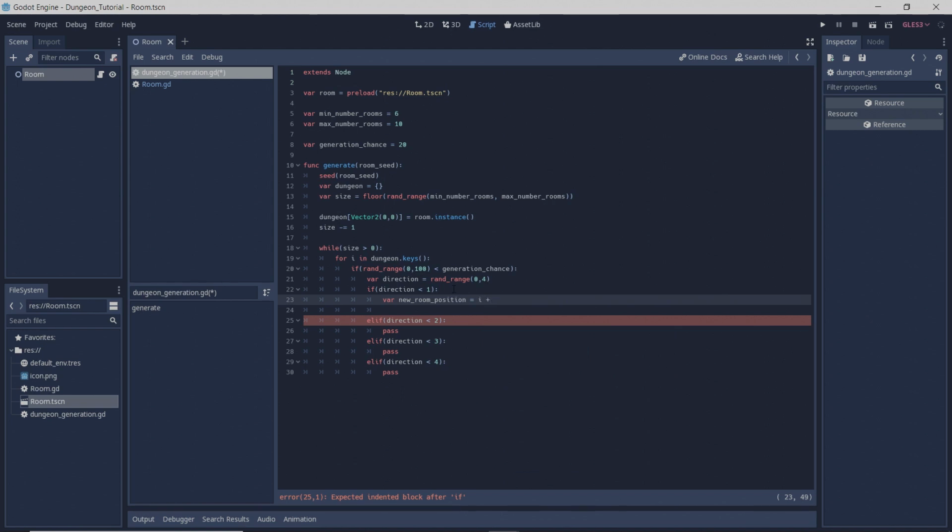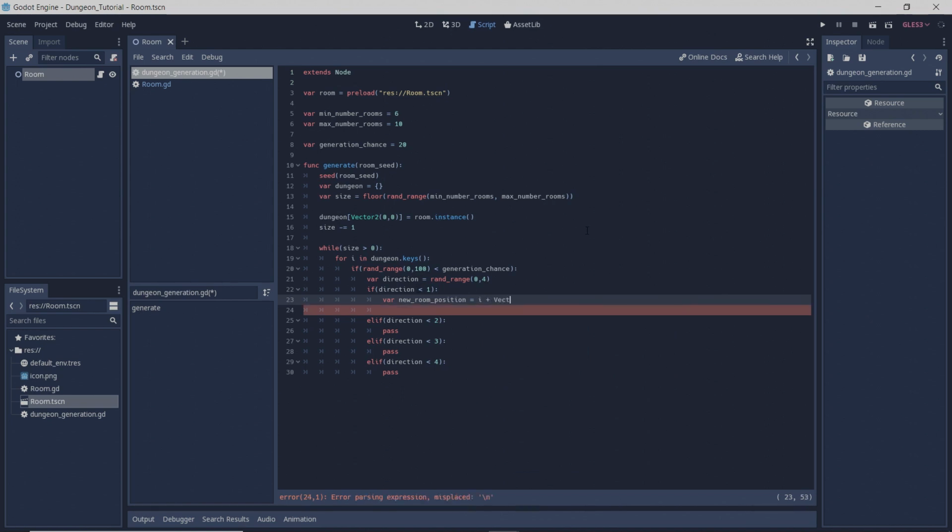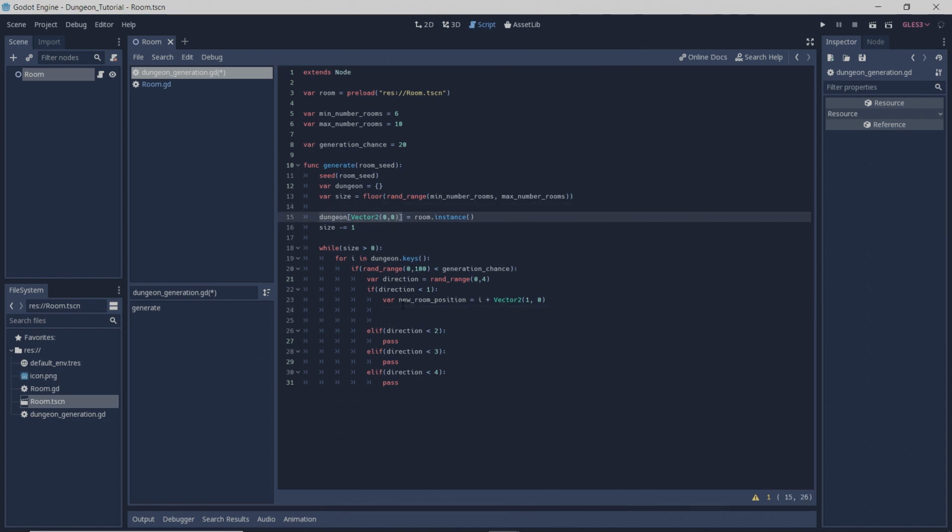So in this case we're going to do vector 1, 0, which is to the right. And what we want to do is check if a room already exists in the dungeon at that position, because if it does, we don't want to overwrite it. So in order to do that, we can just do if